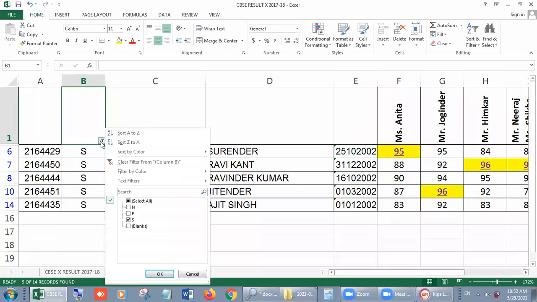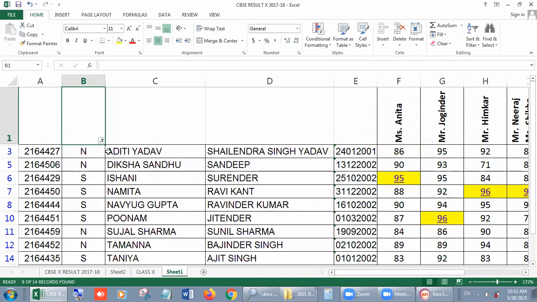But if you want to choose two options together, then you can also select, beta, no problem at all. Suppose N and S, click on it, then first N and S. These are the N and S, but it will come according to the alphabets. Why? Because we already applied sort options, right?